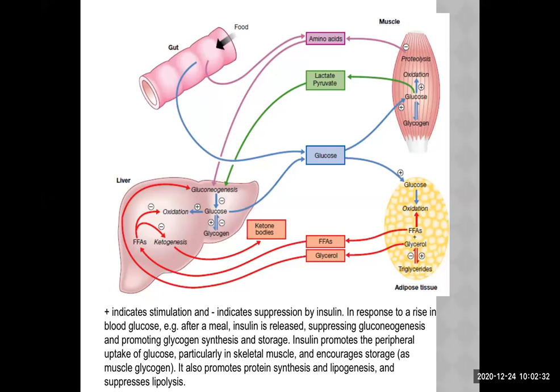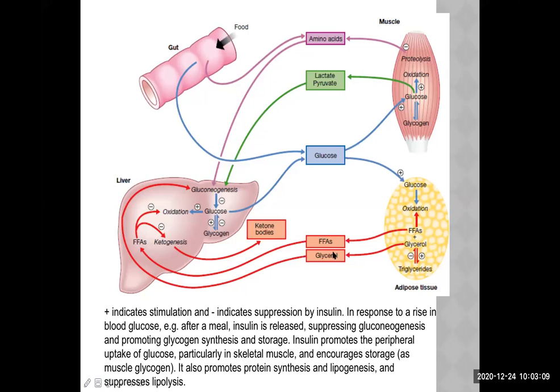It stimulates the protein synthesis. What happens to the fat or adipose tissue? So see this: the oxidation of the free fatty acid and formation of bigger molecules of the fat is stimulated by insulin. So triglyceride synthesis is stimulated by insulin, whereas lipolysis is blocked by insulin. So insulin doesn't allow lipolysis to occur. It rather causes synthesis of triglyceride. This is the important thing.